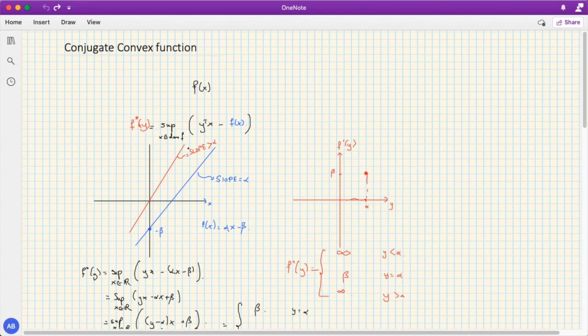And when they're not parallel, if the domain of f is everywhere, this supremum is diverging. So the supremum is infinity, which explains the infinity over here. Okay, going back